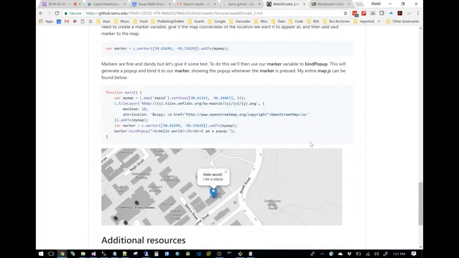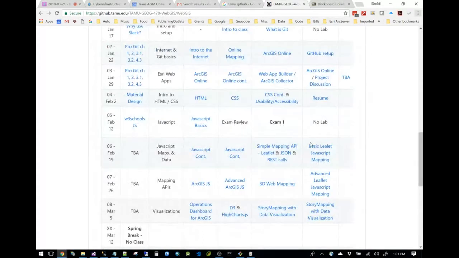All right. So feel free to jump in if you have any questions. No? Cool. You guys are Leaflet experts? Sweet. Then we did JSON,